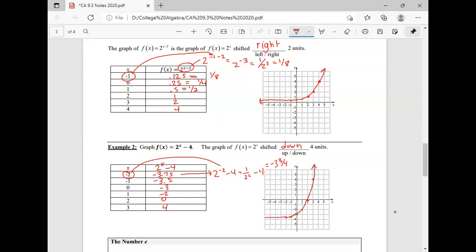Okay, we shifted this 4 units down. So one thing you should notice is that we have a new horizontal asymptote because we forced this thing to go down 4, our new horizontal asymptote would be y equals -4. Okay,